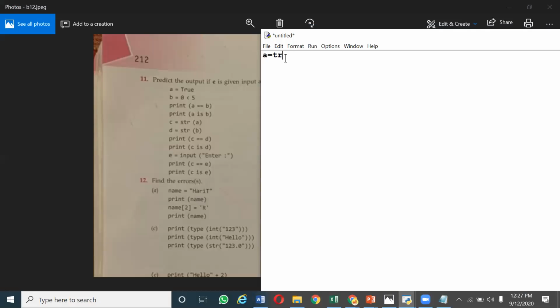A equal to true. B equal to 0 less than 5.